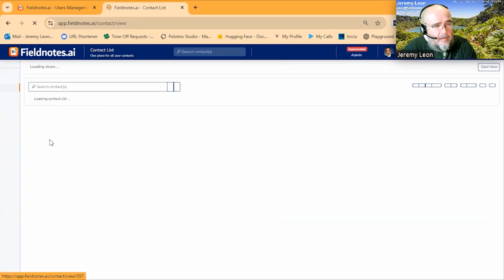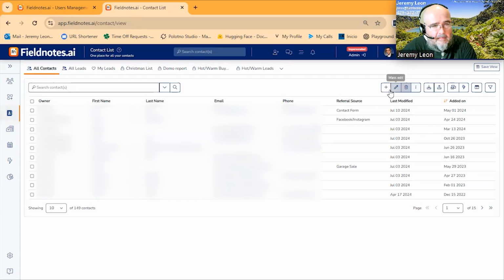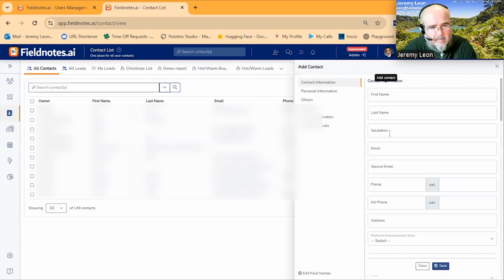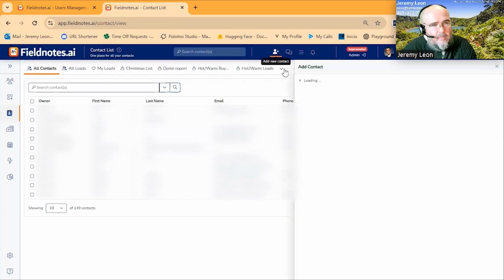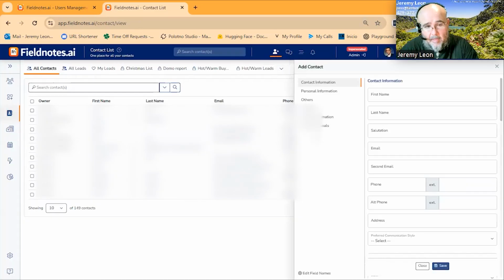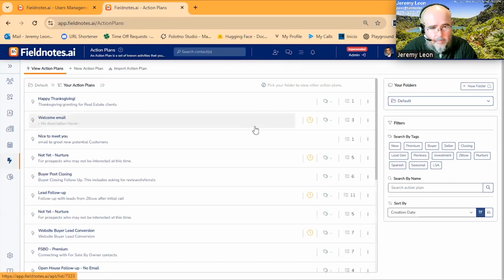You can go to your all contacts page, and you'll see that this little plus button brings up the same menu. So this one and this one are the same. But if you're in a different window and you're not here, let's say you're doing something with action plan, somebody called you on the phone,